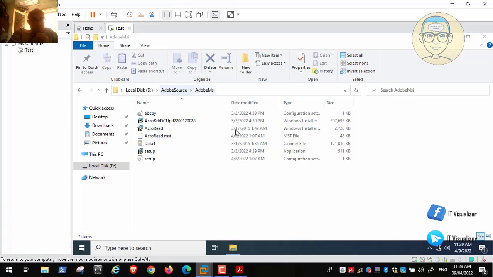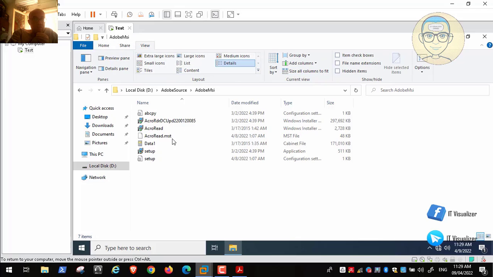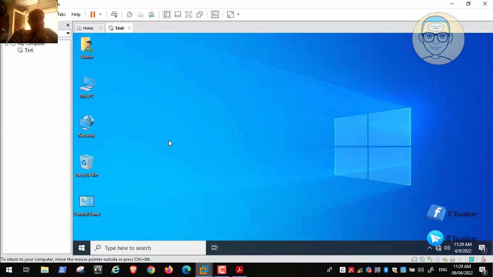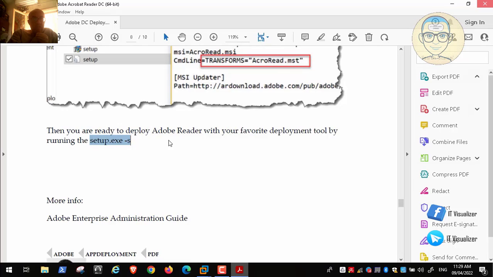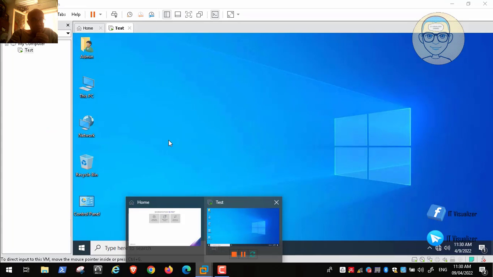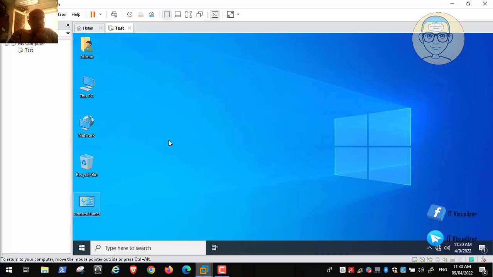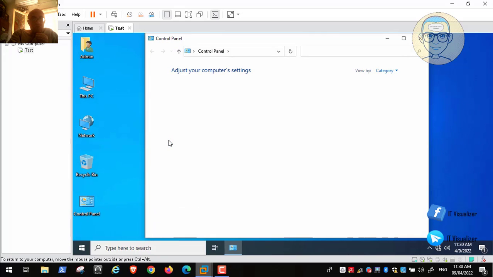Now we have finished the script. We need to create a scheduled Windows task to run this script once the user logs into the machine. Okay, so we can test the setting and see what we will do. We will go to the control panel, and then we will create a scheduled task to run the script. The script is my computer.bat. This script will install the Adobe Reader DC silently. So we will go and tell him